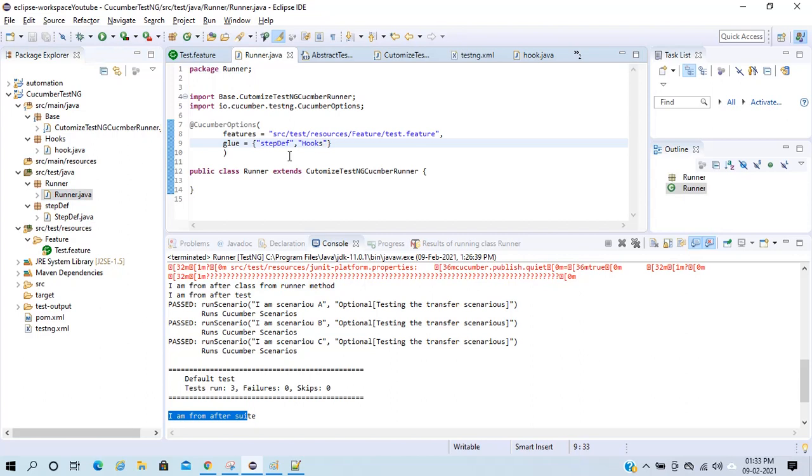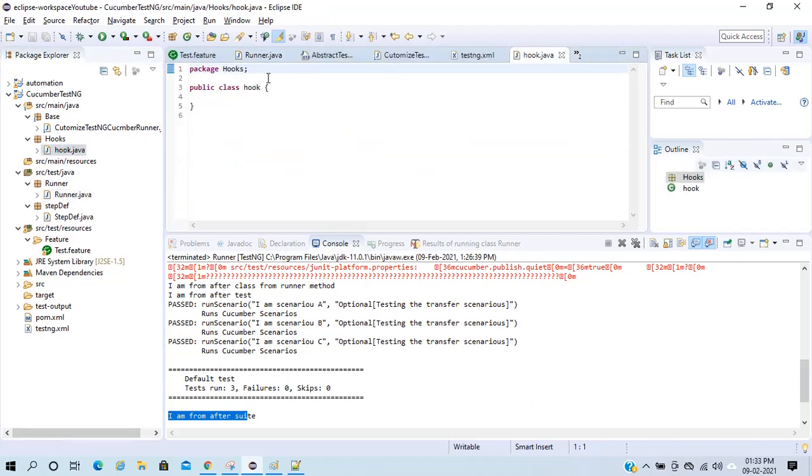Inside the runner file I have to pass the package name. This package I have to pass in the glue, and this will identify my hook.